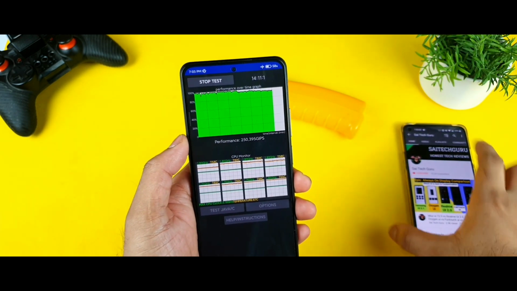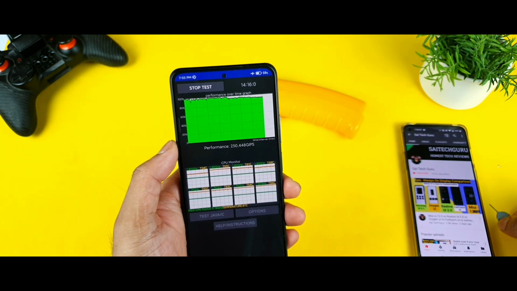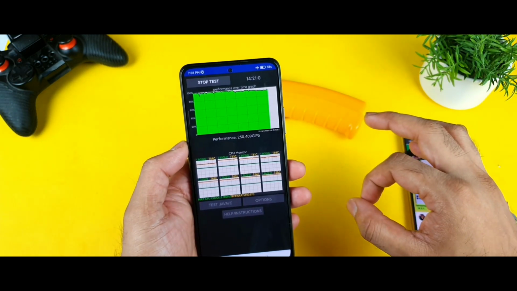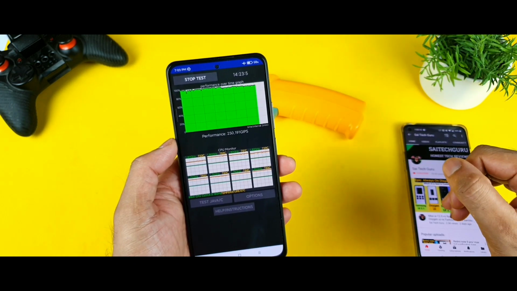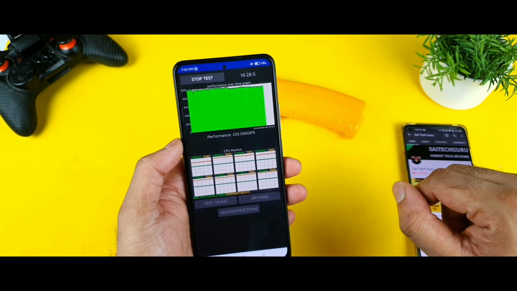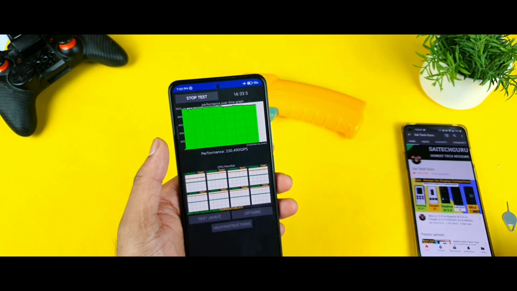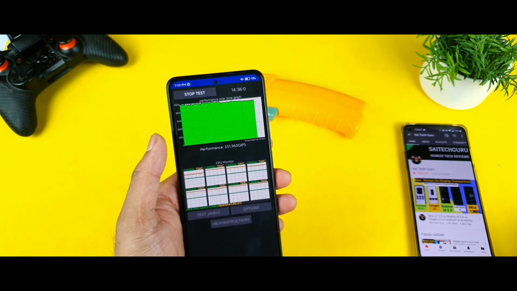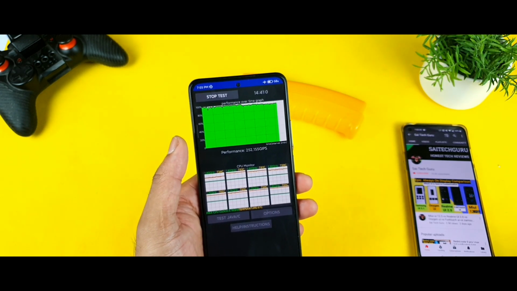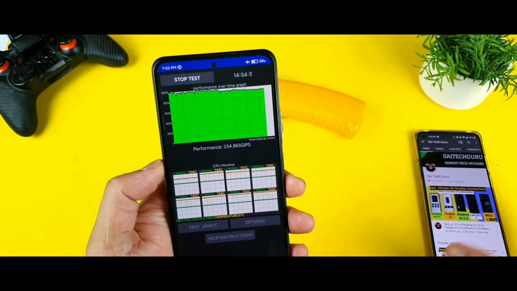After exactly 15 minutes, we'll get to know how much the total score is. We'll be able to compare the score now to before, and I'll show you exactly the settings I'm using as well. Same Game Turbo, same high quality only, and same system graphic driver I also enabled for this CPU throttling application. Everything as per the requirements of one of my subscribers I did, and it did not work out in this phone. So let's see what will happen in the next few minutes.